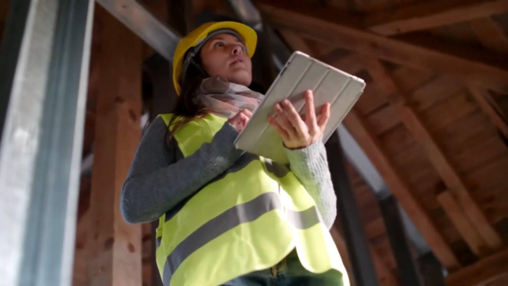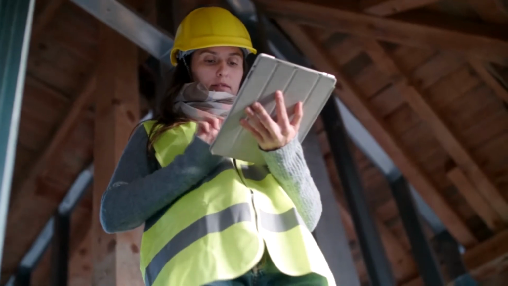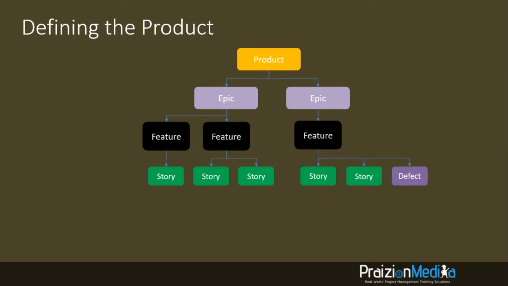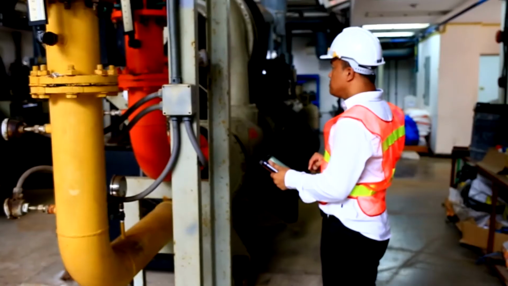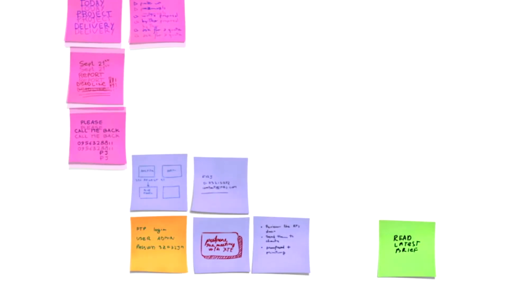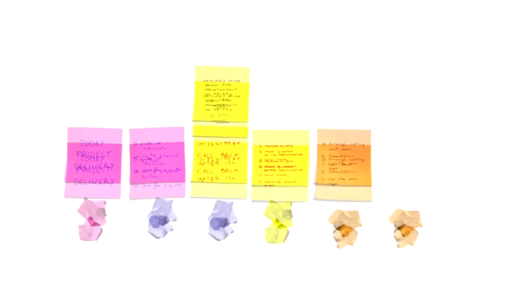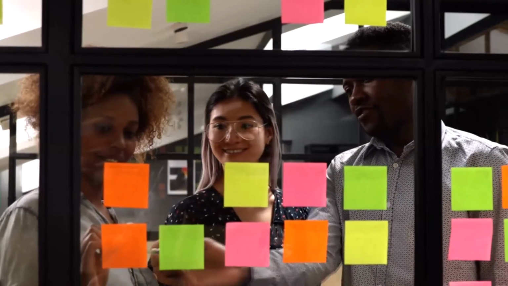Now, the final level in this picture I'm showing you is Tuesdays. Phil eats fries seldomly on Tuesdays. Now that's going to create a ridiculous image, a ridiculous mnemonic. You'll never forget it now. So product, epic, feature, story, and then task. So what do we mean by stories? The stories are what we are building.